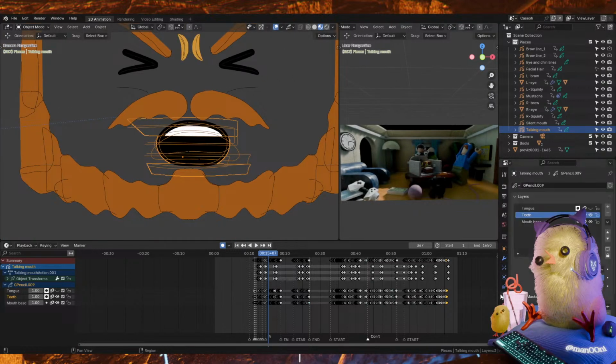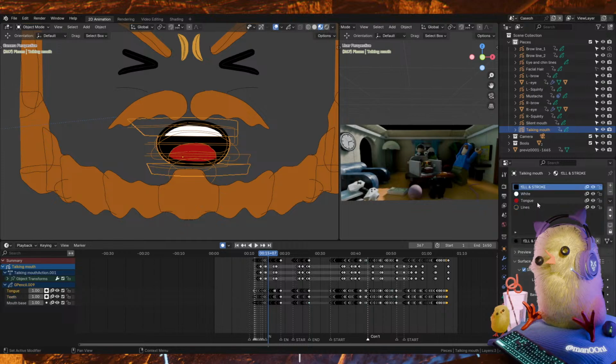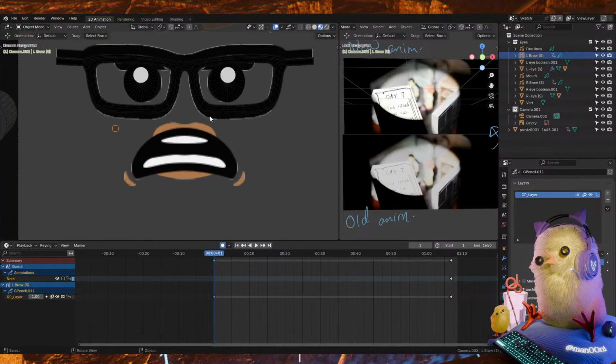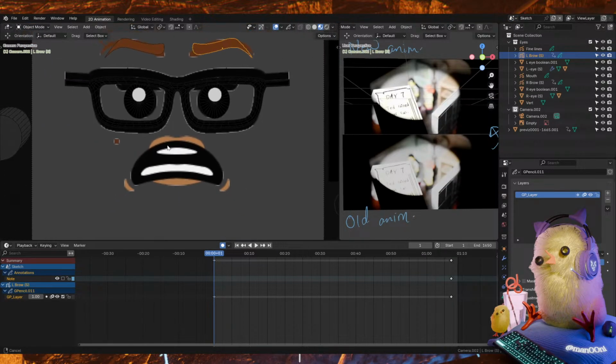And the same thing applies with the tongue. And again, they're both fills. They don't need strokes. So that's pretty much it. They're masked by the same mouth base. I'm not sure if it's inverted or what, but if it's by default not looking like this, then it's not inverted. So to do the same thing here with sketch,